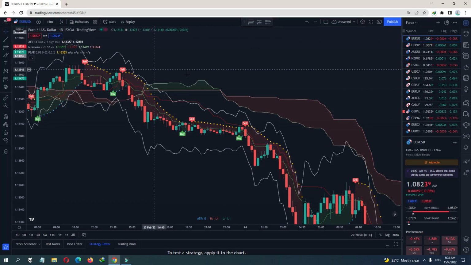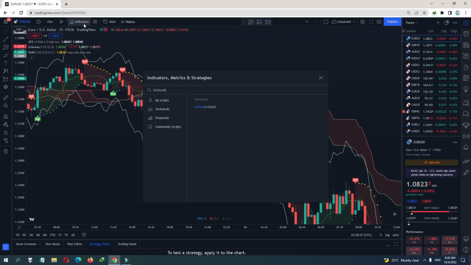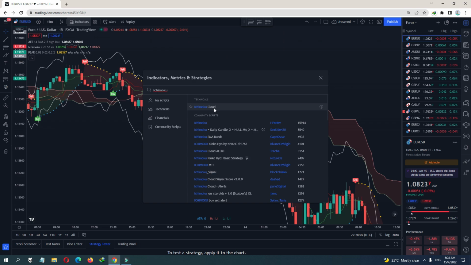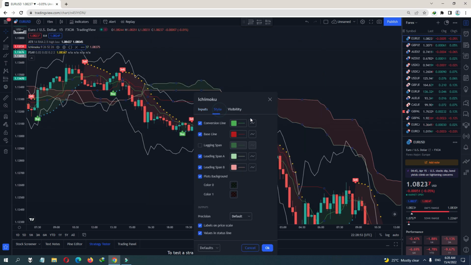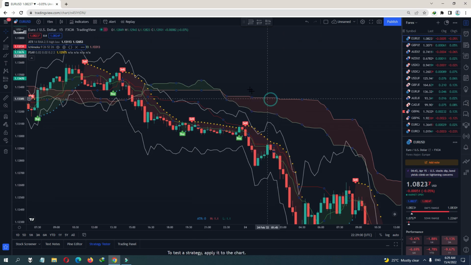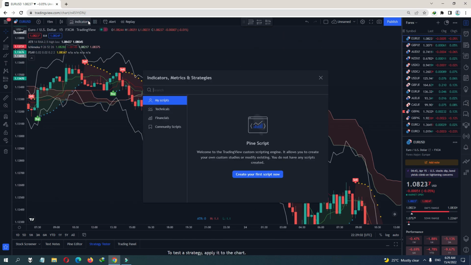Hello, in this video I'm going to show you a very unique Ichimoku trading strategy. So first you need the Ichimoku indicator. It's this one, Ichimoku Cloud. The setting is default, and I changed the color a bit, green and red, and I unticked the lagging span. And then you need Parabolic SAR